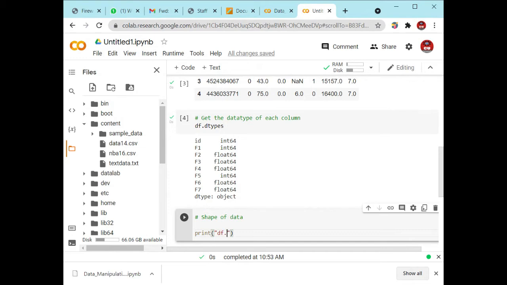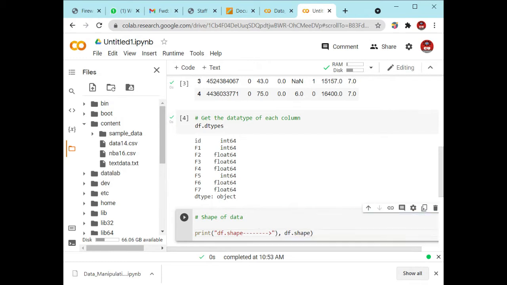Okay. So you have to use the function. What is the function name? Shape. Okay. You have to use the name of this particular data frame, the shape of that data frame. Okay, so this df dot shape will be shown with the help of df dot shape.